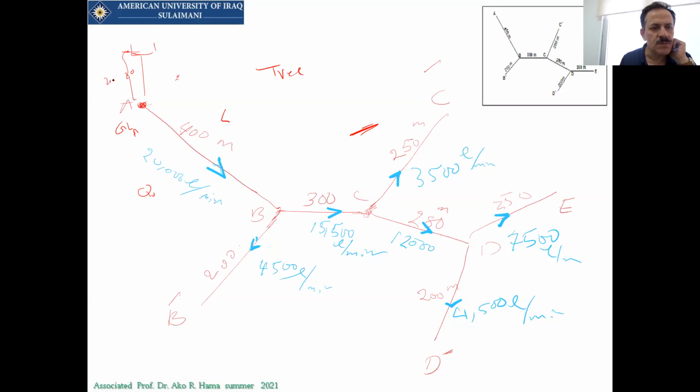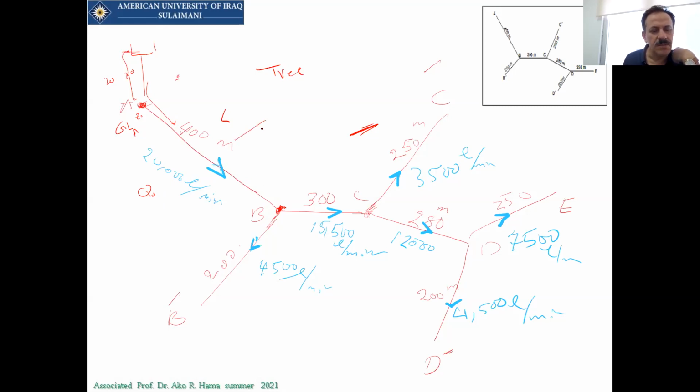If this was 20 meters, then by gravity the water is coming to this point, right? And the level of point A is at 0, and the level of B is at 0, and all the levels are at the same level. This is given by the question. So that means that we have the pressure here at point A of 20 meters, and the flow will come from this point to point B. And the Q at this point is 20,000 liters per minute. So what will happen? There will be a head loss in this pipe.